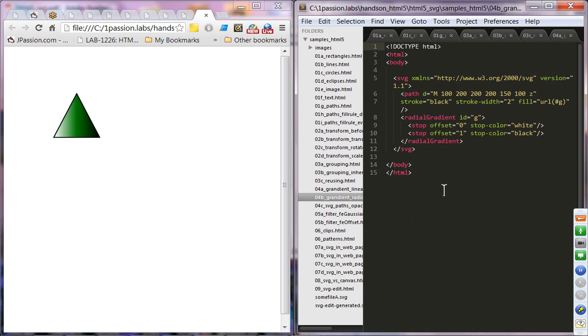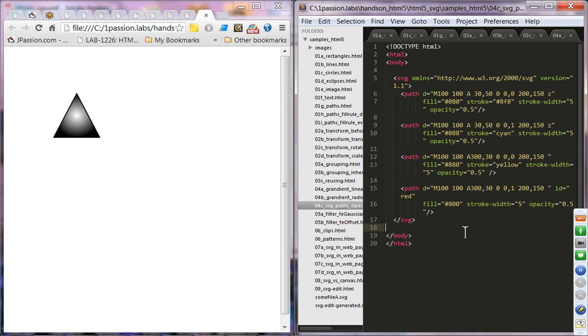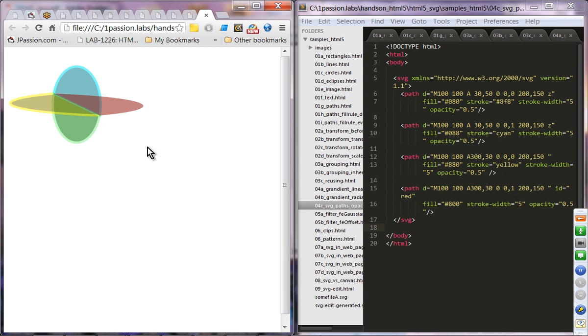Okay. All right, this is a gradient of the radial. It works exactly the same. Okay. So this is where things are coming from. Again, you can have multiple stops. All right, opacity. So here, yeah, so this is opacity. So basically it's using opacity